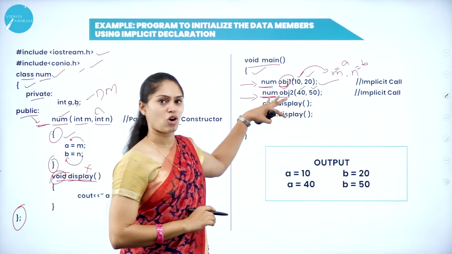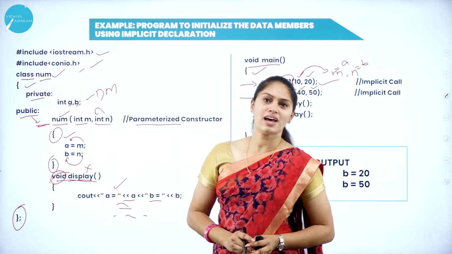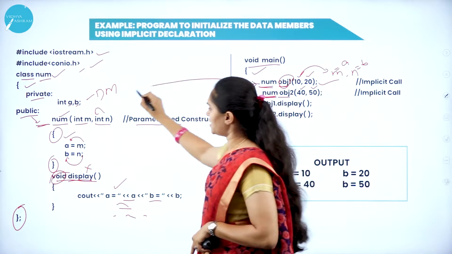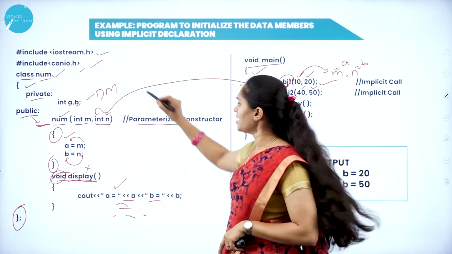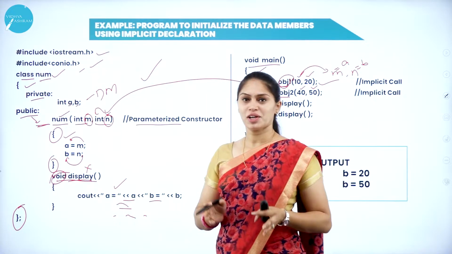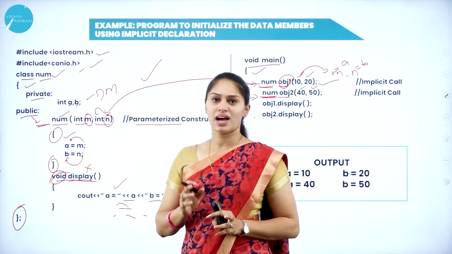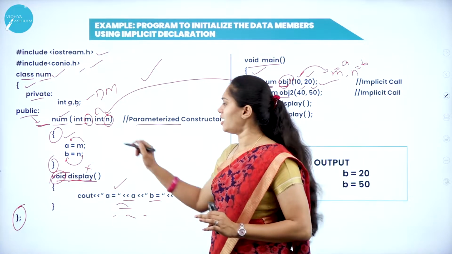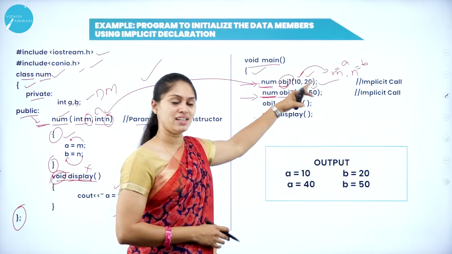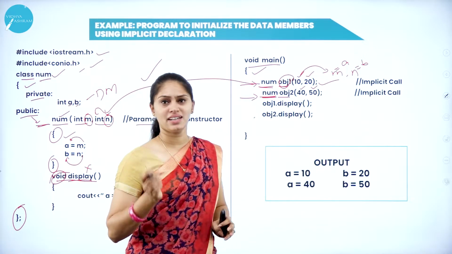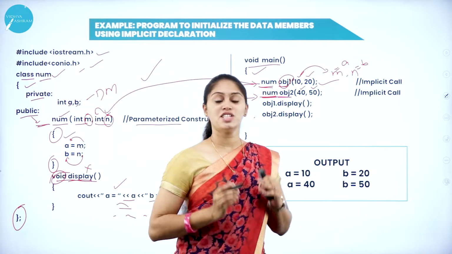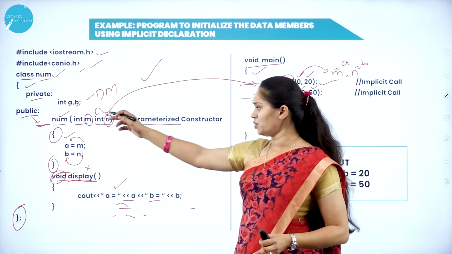So when I am creating this object, at that time constructor will be called automatically. Then which is the constructor I am using? When I create this object, at that time this constructor function will get invoked. So here I have two arguments or two parameters, that is m and n. When the constructor is called, whatever the value that I have sent within the parenthesis as an argument, that value will be copied to m and n. Getting? So when I am creating this object 2, in this context this 40 and 50 is going to be assigned to m and n.